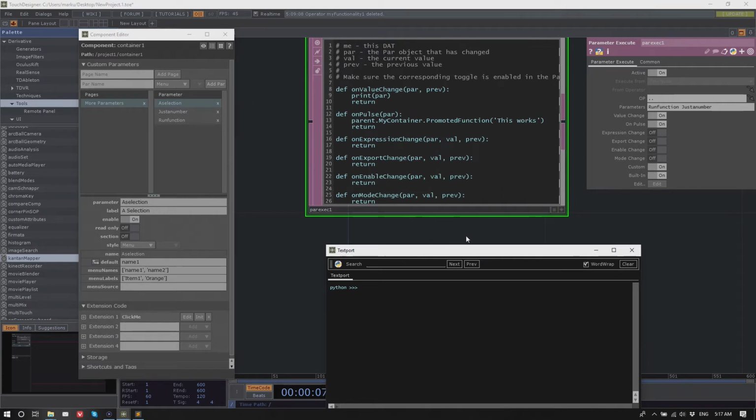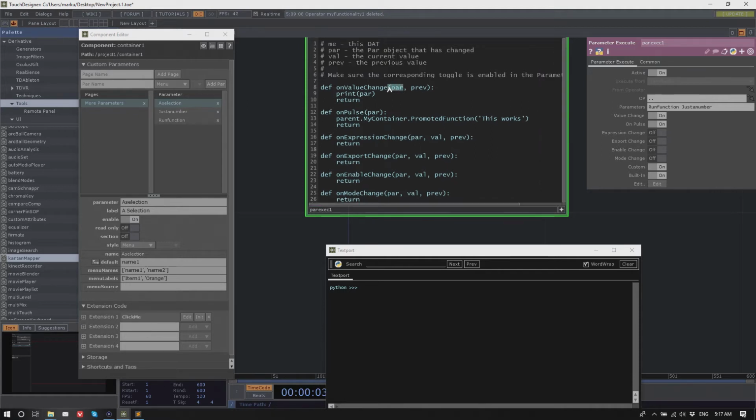Sorry, again? The value change, the first object, it doesn't have the current value usually. It just has the last count. On value change has the current and the previous. And then what is the current? How can I access the current value?